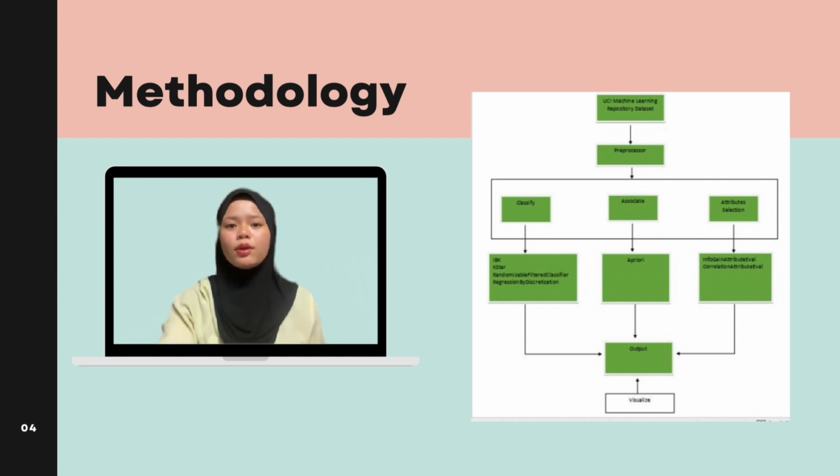The Waikato Environment for Knowledge Analysis, that is Weka, arose from a perceived need for a unified workbench that will provide researchers with easy access to cutting-edge machine learning techniques. The purpose of the preprocessor is to clean and transform the data so that it is understandable and easy to interpret.